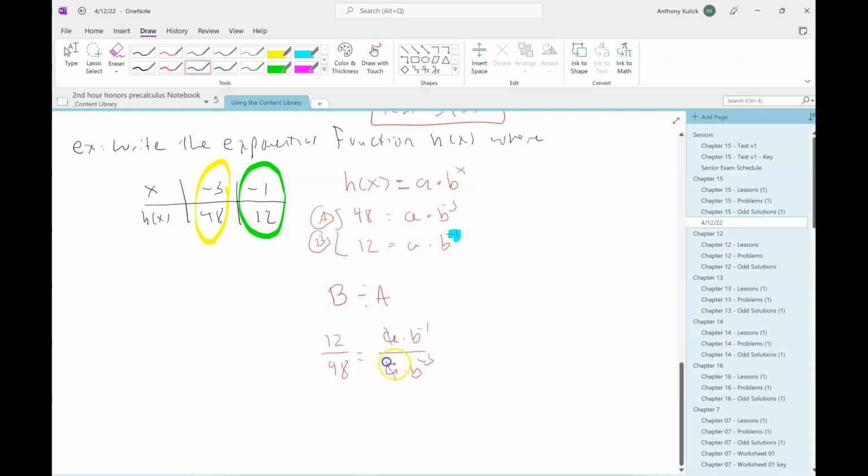So A divided by A, those just reduce out of there. 12 divided by 48 is 1/4. And then B to the negative 1 divided by B to the negative 3 is B to the negative 1 minus the negative 3, or just B squared. Again, the property that I used there